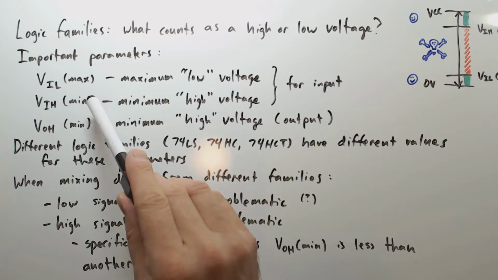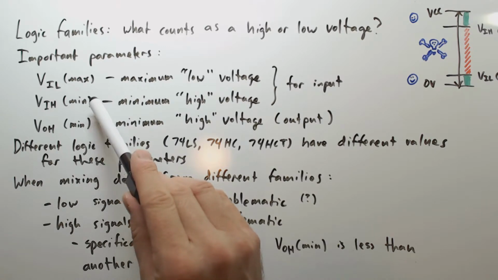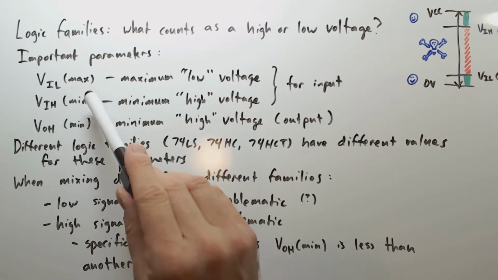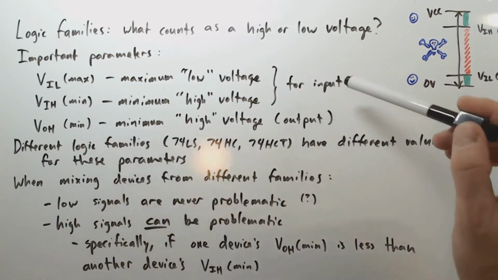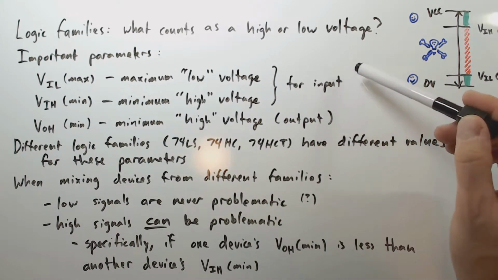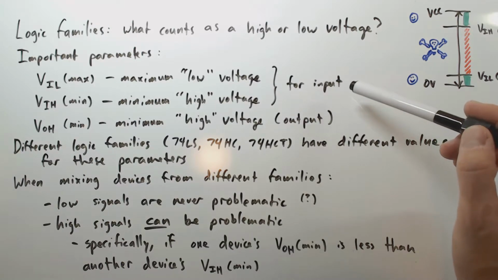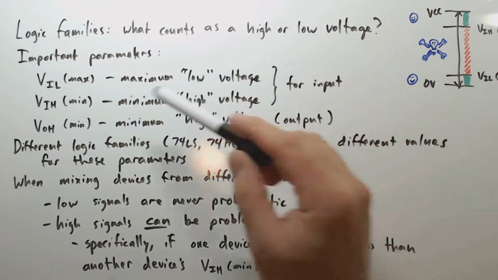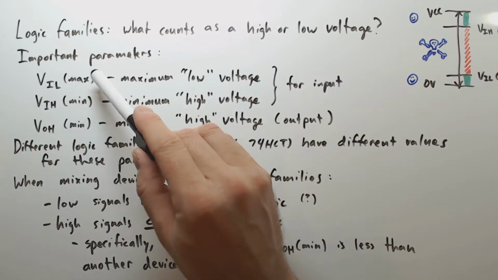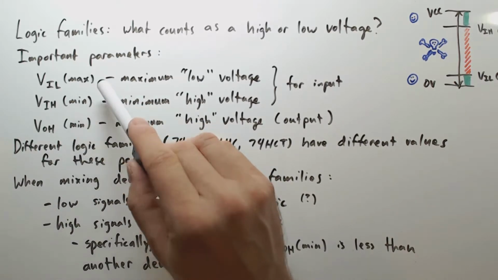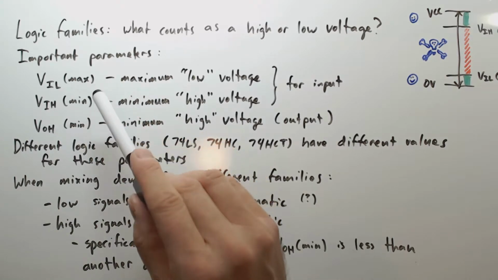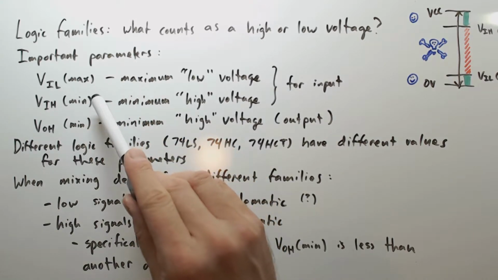And then there's also a parameter that specifies the minimum voltage required for a voltage to be considered a high voltage, again from the perspective of an input to a gate or other digital input. So essentially, if you want to drive the inputs of a chip belonging to a particular logic family, your low and high voltages need to be either less than the maximum input low or greater than the minimum input